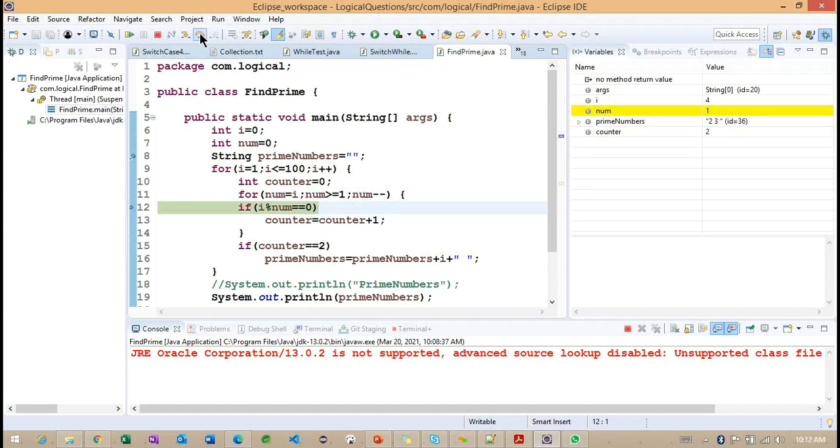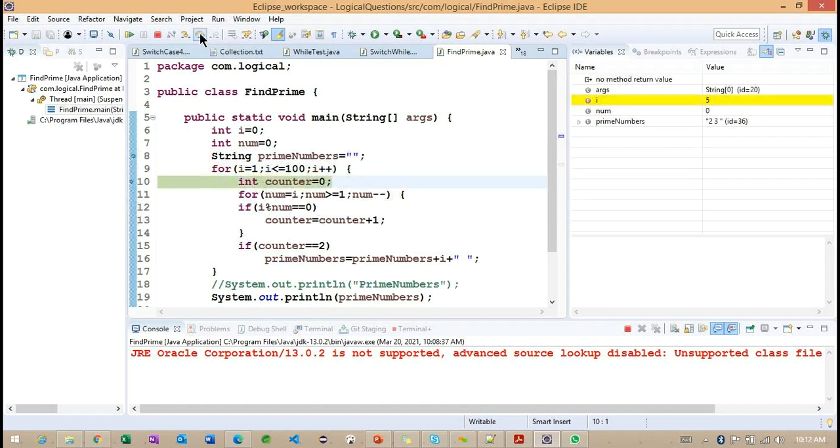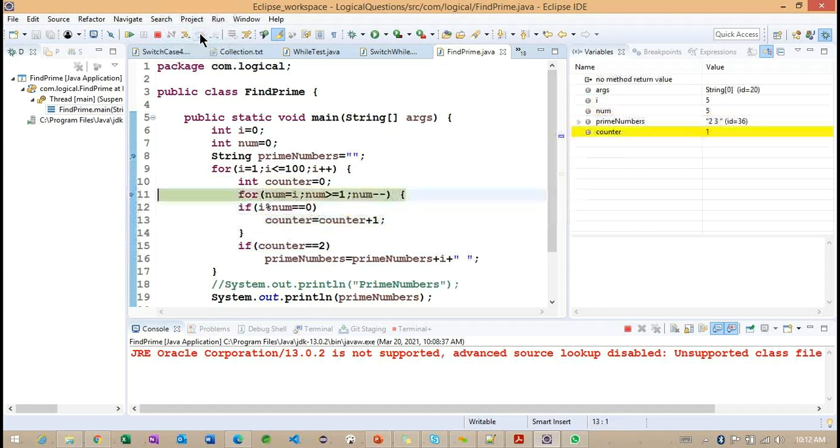Counter 2. So again, now what we are doing here? The number also is returning 0. Now the counter value becomes 3. So this time the counter 3, it's not satisfied. 4 is not a prime number.